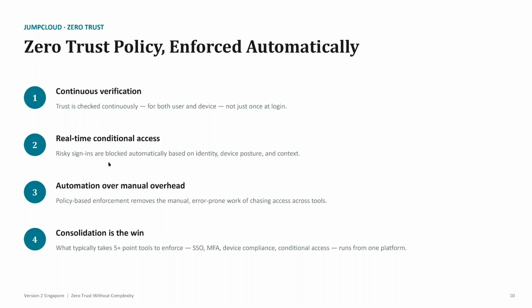So we consolidate all the access control, device control, zero trust, unified platform, unified protocols. So we get you onboard to the zero trust architecture much more easily. So that's how it works.